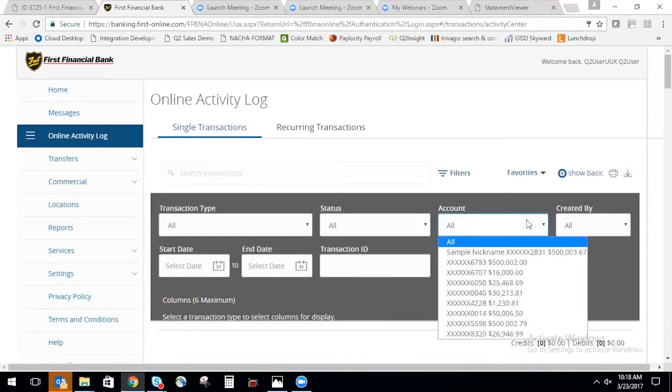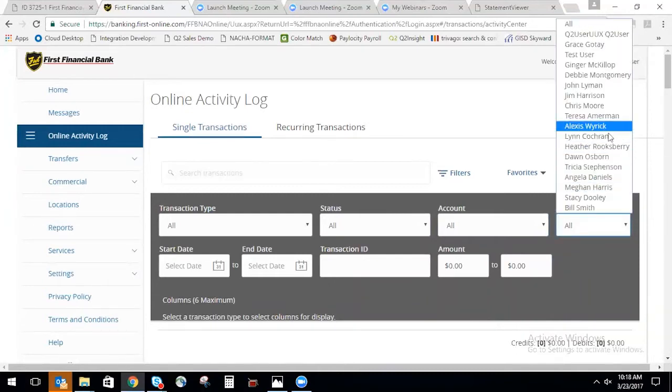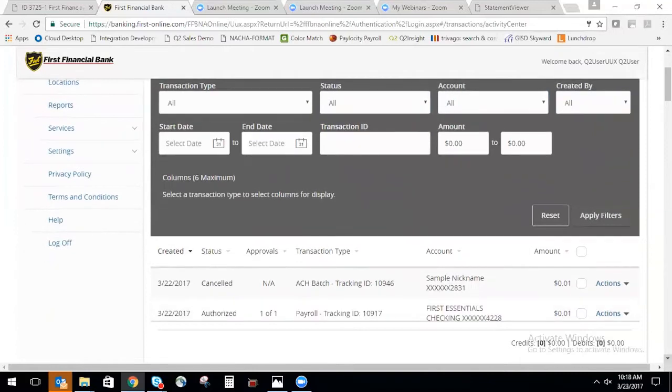We can click here on account, decide which account was utilized for the transaction, specify which user of the company initiated the transaction, and set a date range. You'll notice that each transaction is provided with an automatic tracking ID. You can search for that transaction by that tracking ID, and also by amount range. Click on Apply Filters, and immediately you'll have an opportunity to view all of your transactions that meet that